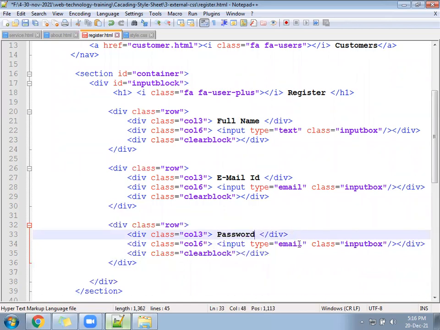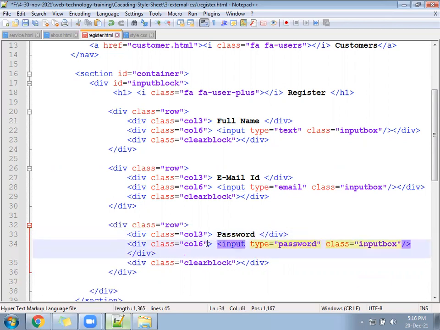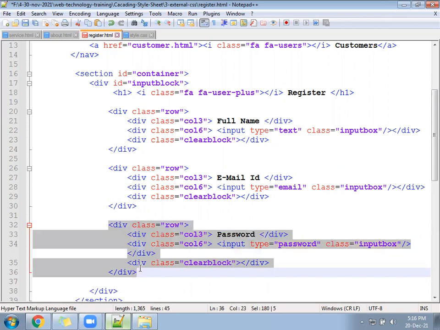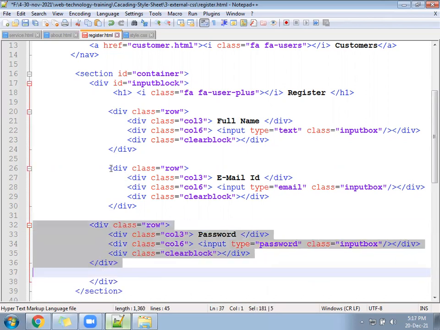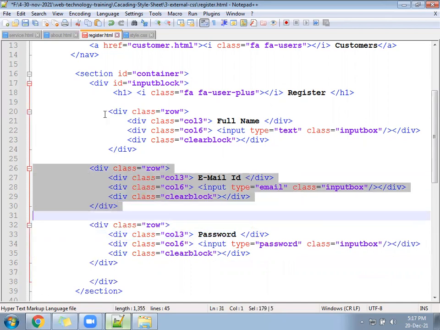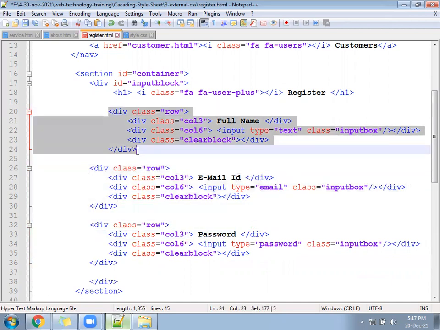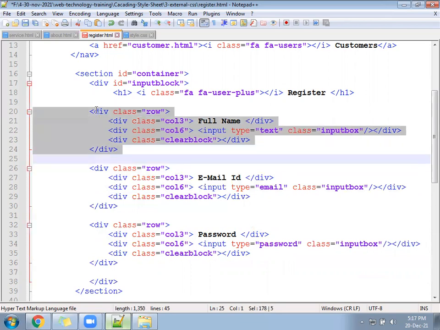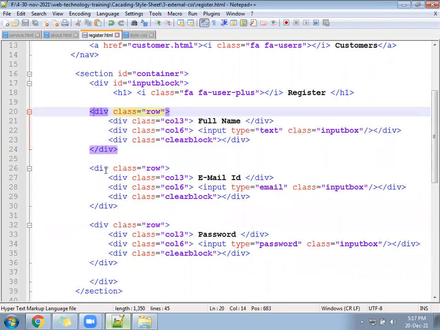Input type equal to password. Is the best practice table or div?